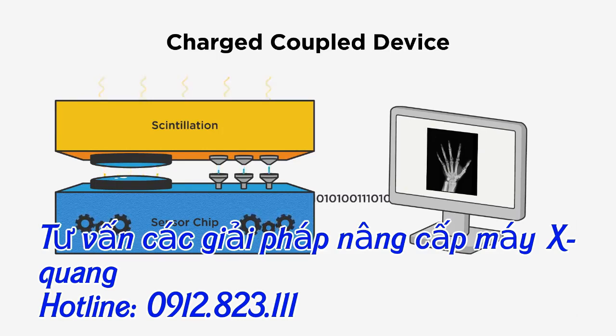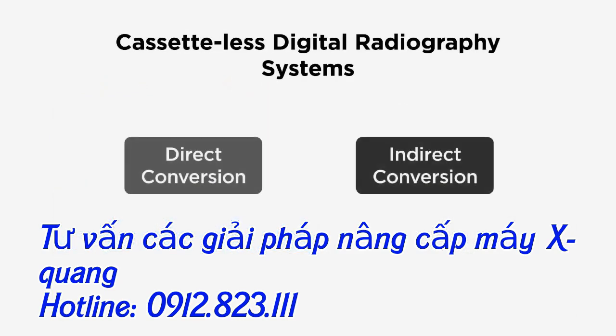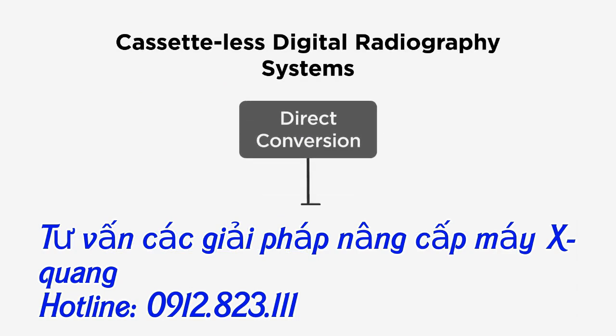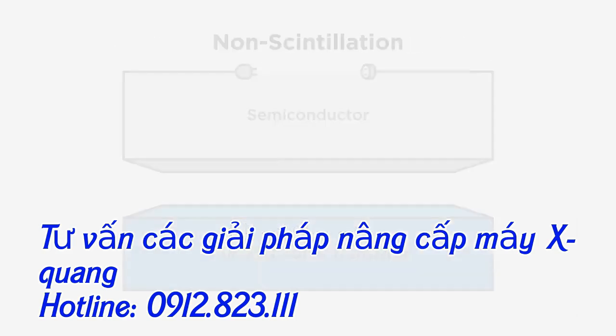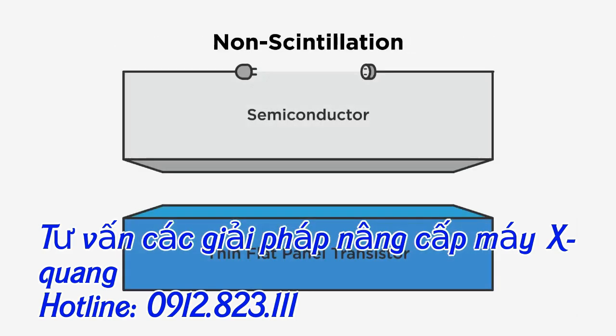The final cassetteless digital radiography system is the direct conversion radiography system, or non-scintillation system. This system is comprised of an amorphous selenium-based semiconductor and a TFT. This system works by applying a high voltage charge to the top surface nanoseconds before the X-ray exposure is made. The interaction between the